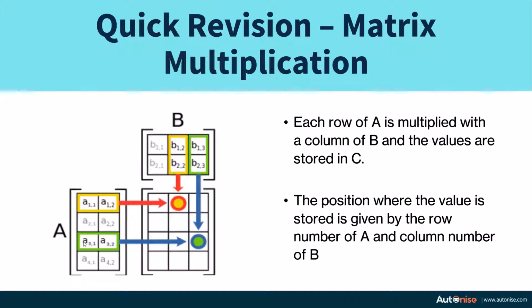Similarly, let's say we have row 3, we multiply it with column 3, and we do element wise product and then add them up and store it in the third row, third column of the output matrix. If you do this for all the combinations of rows and columns, you'll get a matrix C which has the dimensions same as number of rows of A and number of columns of B. So that is C, which is the output of the matrix multiplication of A and B.